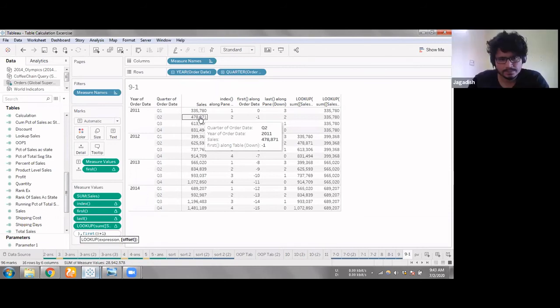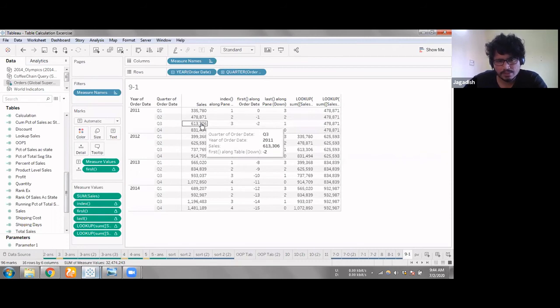So when I give first plus 1, it's taking this value, at a distance of 1 from the first cell, so it'll duplicate that. And when I give first plus 2, it'll take this value, first plus 3, it'll take this value. So using these offsets, using the lookup function and those helper functions as an offset, you can literally arrive at any column, any value that you want.